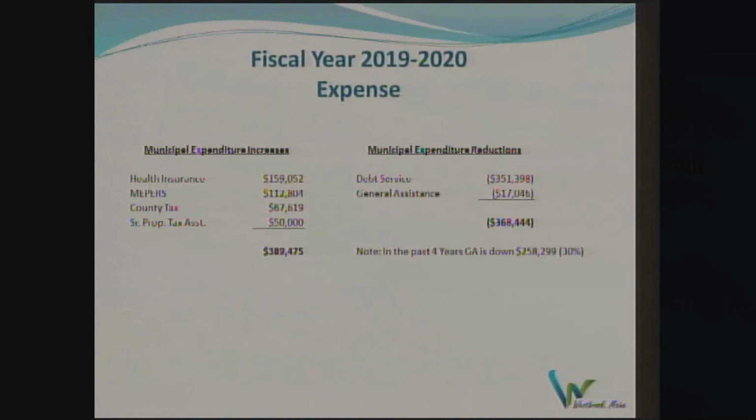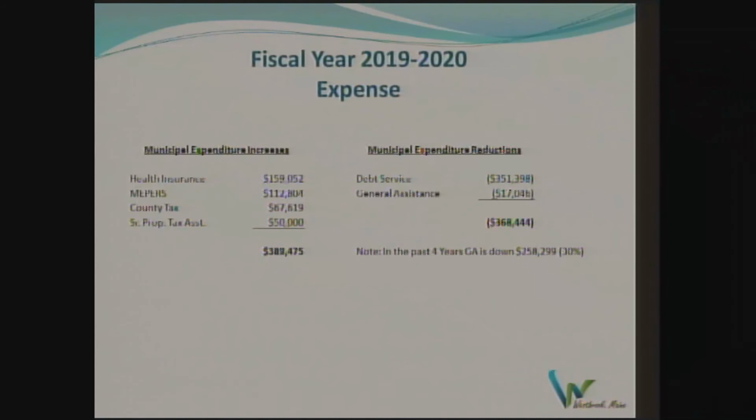We have achieved some very noticeable savings in debt service. That is our annual amount that we pay toward the municipal debt. And I want to be very clear, this is the municipal portion of the budget, and does not include school expenditures or school debt coverage. The municipal debt service in this year's budget will be down over $350,000 through retirement of past bond issues and a more modest growth in new borrowing.